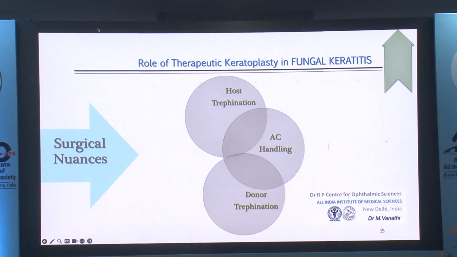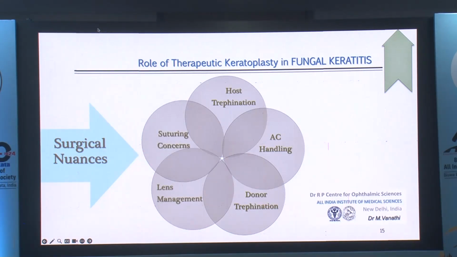The first is the host trephination, the anterior chamber handling, donor trephination, management of other features in the anterior segment, the lens management, and suturing concerns. So one by one, host trephination. In this case we would always do the host trephination first, and you ensure you give a free margin of the necrotic tissue, measure your host window again, and then reconsider that the donor trephination is adequately covering